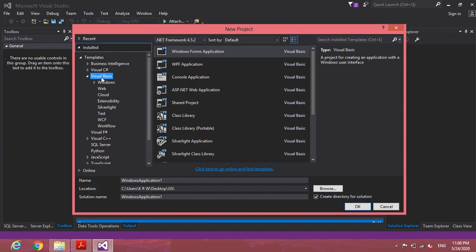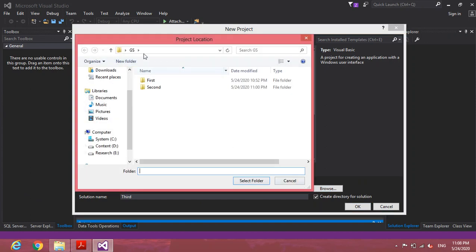Here you have to select Visual Basic, here you select Windows Forms application, and here you put an appropriate name for your project, and here you can select the location, same folder we use, and then